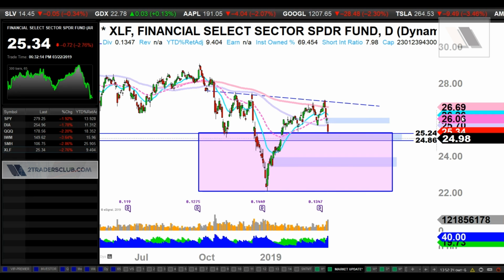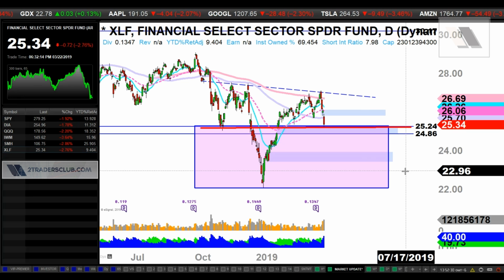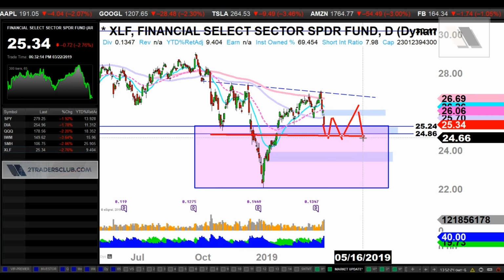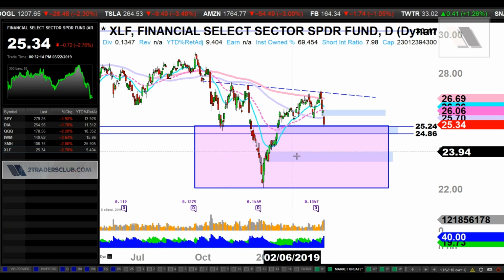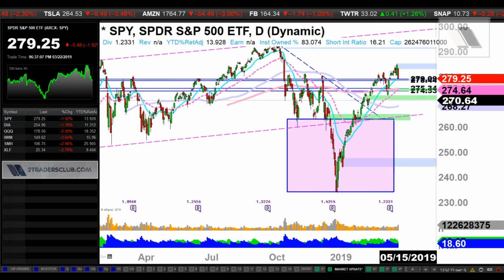But I think this is going to be an important level here, 25, but I feel like there's a chance we may come and fill this gap. Maybe there's some shenanigans up here before getting back up. But I still think banks is going to do well. I think banks are going to lead the indices higher. But overall, again, like I said earlier in this presentation,